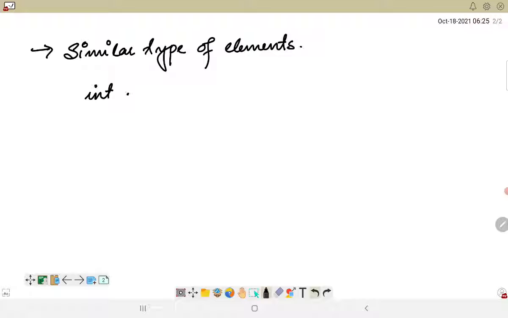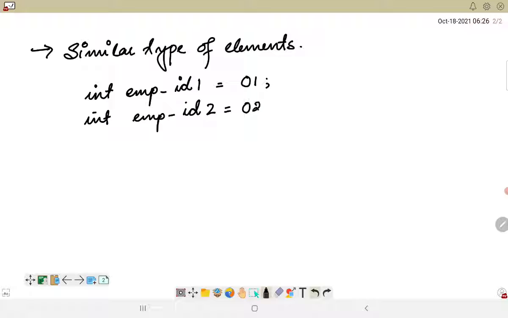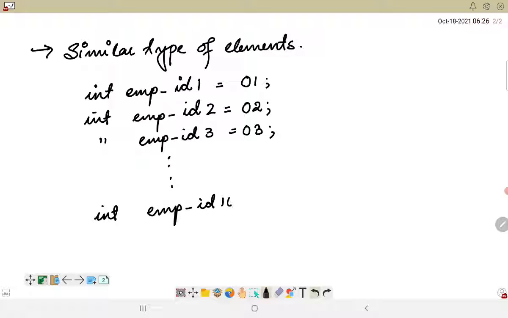So let's say integer employee id 1 is equal to 01. Again we have another employee, integer employee id 2 is equal to 02. Again integer employee id 3 is equal to 03. Likewise it will go on until integer employee id 100 is equal to 100.